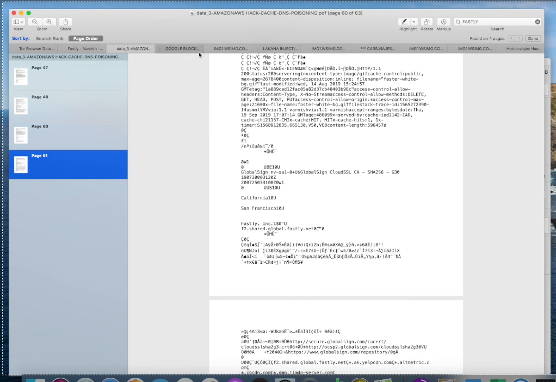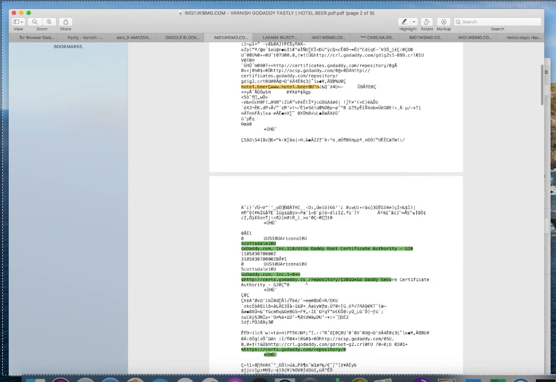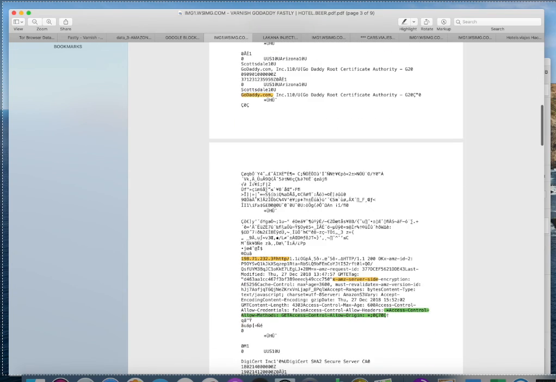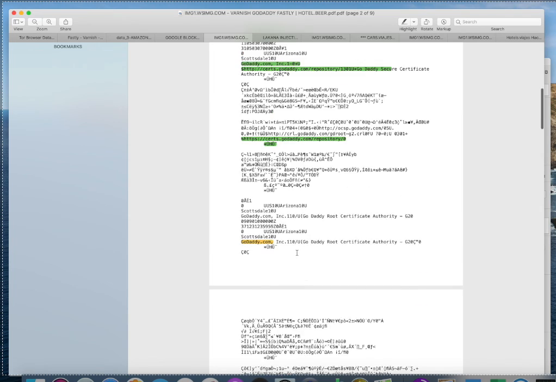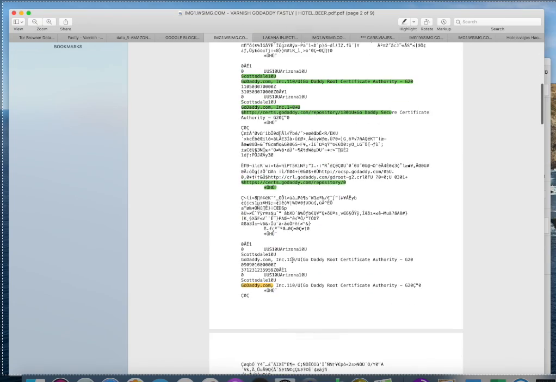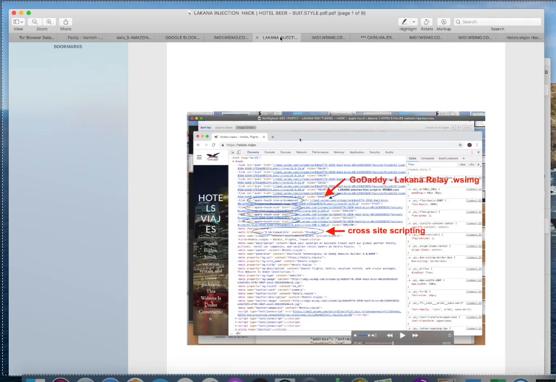Again, it's just awful. Now, here is hotel.beer with the IMG file and FASTLY. GoDaddy is coughing up the domains, in this case, Akamai, and then up here, FASTLY. Coughing up the domain's root certificate.